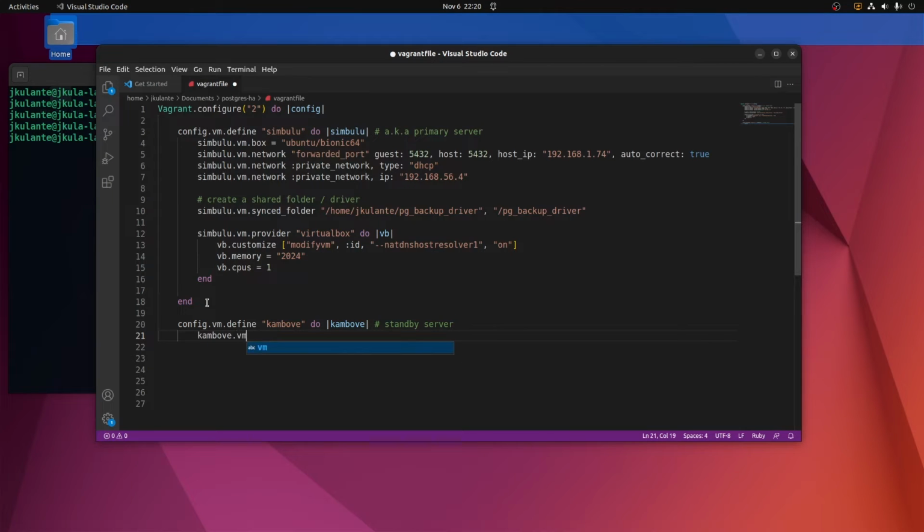So Kambove VM box, we will use the Ubuntu Bionic 64, the same operating system. VM network, the forwarded ports. On guest we have 5432. On host we have 5432,